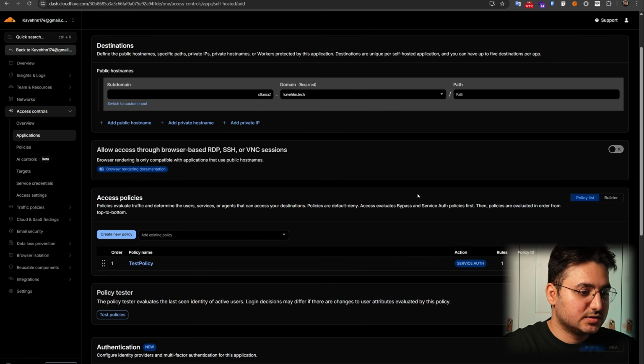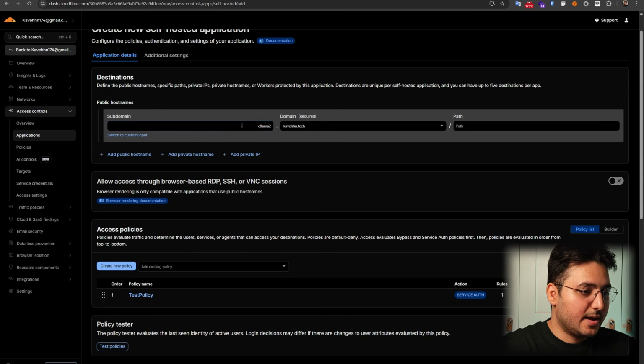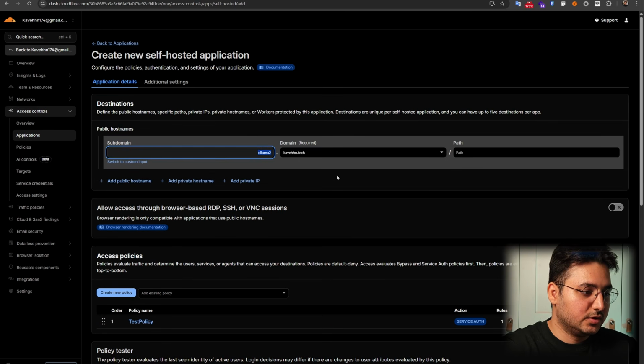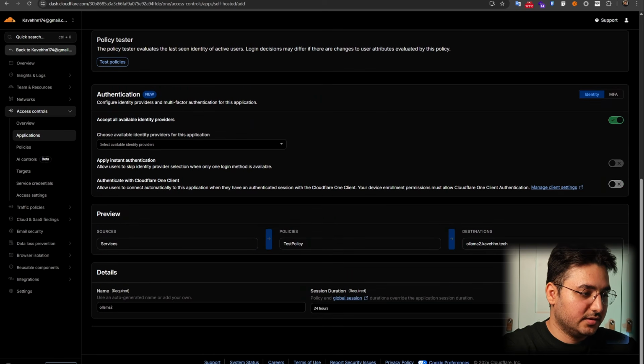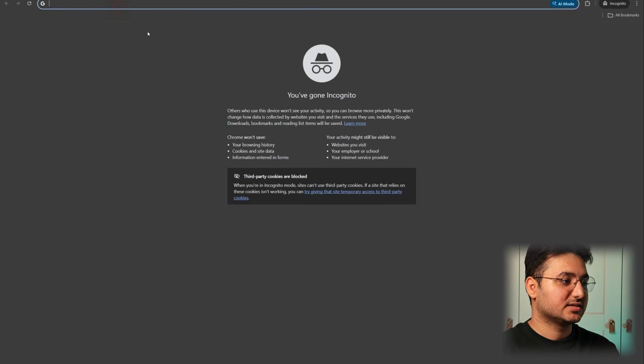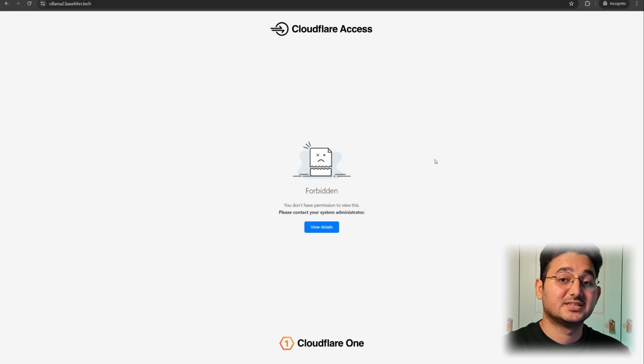So as you can see, the policy is created here and your app is also here. So you just have to give it the subdomain and domain. And then you can hit create. Now let's test and see if we can access the same URL without any token. As you can see, Cloudflare stopped us from accessing the same page. But I want to include my token in my request and make an HTTP request to my model and see